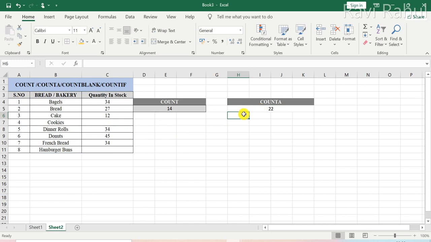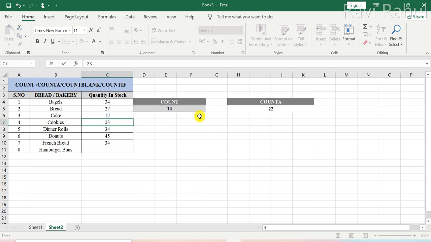Why? Let us count. 8 here, 8 here, 16 and 16 and 6 equals 22. Suppose I feed a number here to 23.